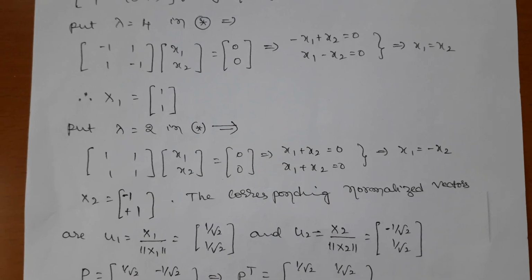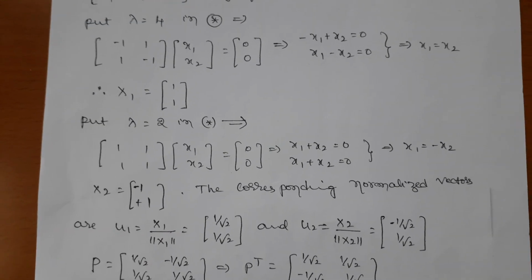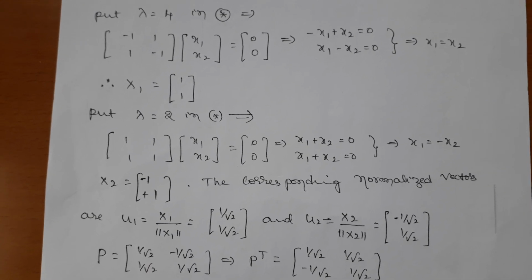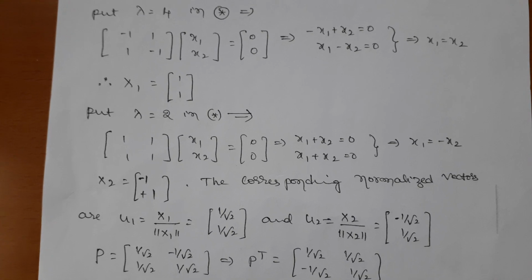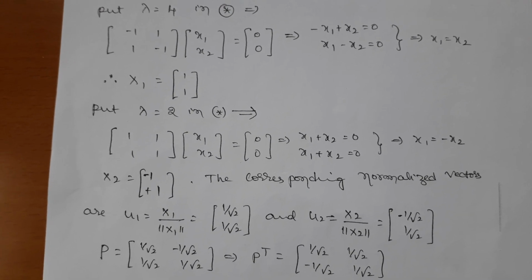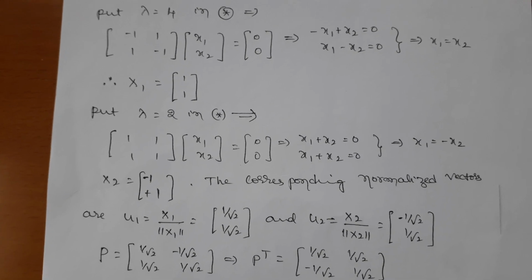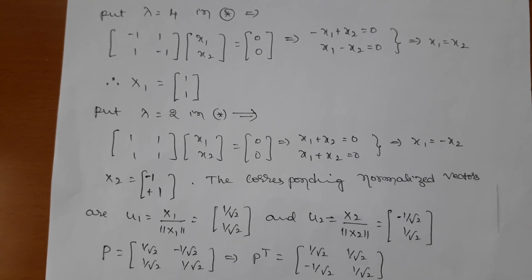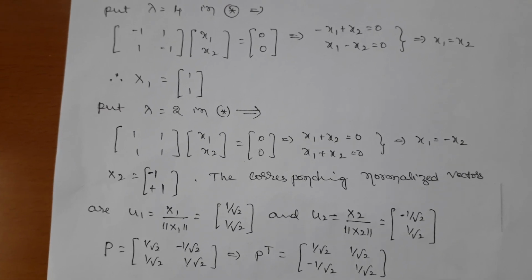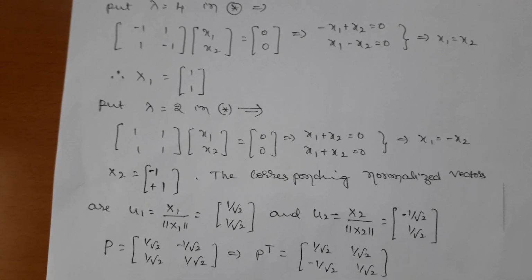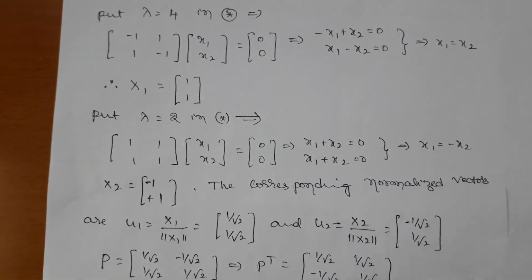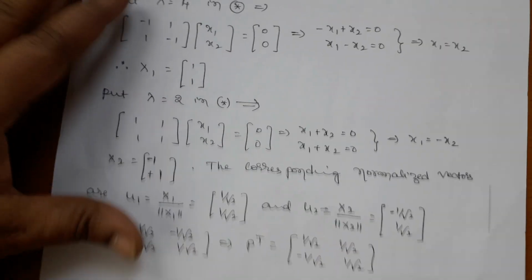Please try to understand, don't get confused: given a symmetric matrix, how do we diagonalize? Sometimes while diagonalizing, some of the vectors are not orthogonal, especially for repeated roots. For example, lambda equal to 7, 7 gives two repeated roots. In that case x2, x3 are not orthogonal. Then we find orthogonal vectors by using the Gram-Schmidt process. Here we can confidently say that the inner product of x1 and x2 itself is 0. Orthogonal.